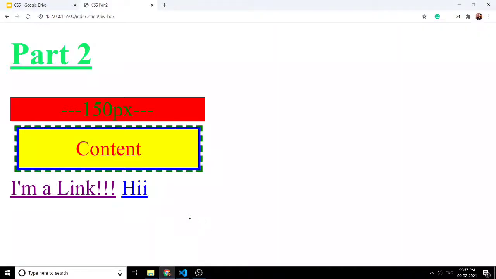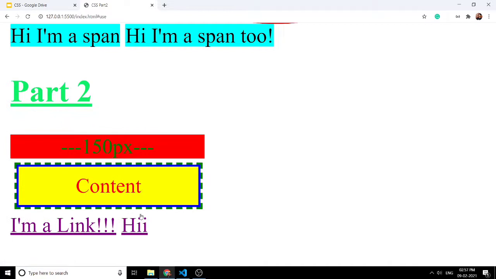So now you can see we have the link which is initially blue, and we'll hover over that. The color changed from blue to red, and we'll click on that. At the time of clicking it will be green, but we won't be able to see it as it happens very fast. So you might have seen that the color changed to green for a second, and now when we have the visited link, the color will finally change to purple.